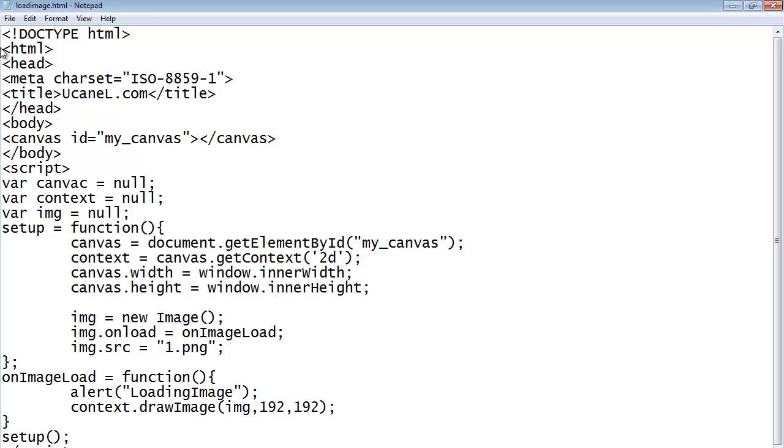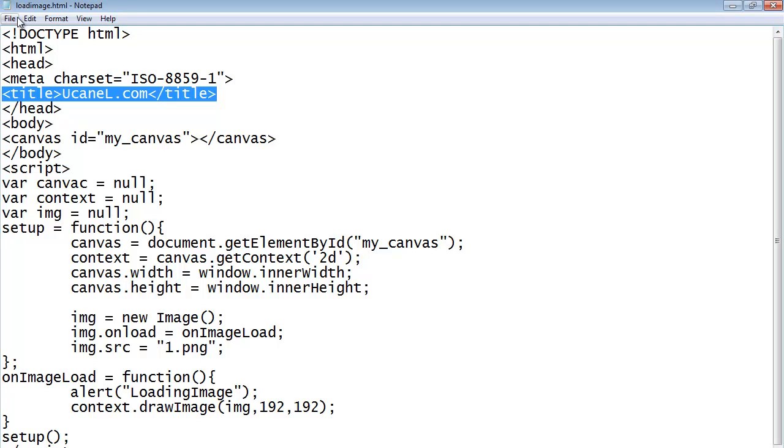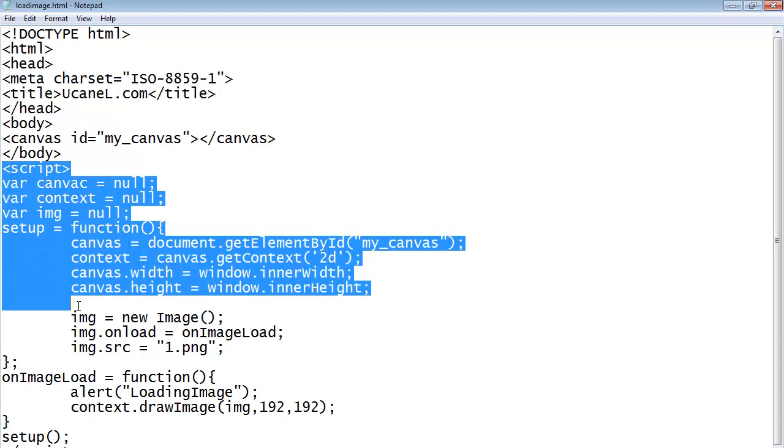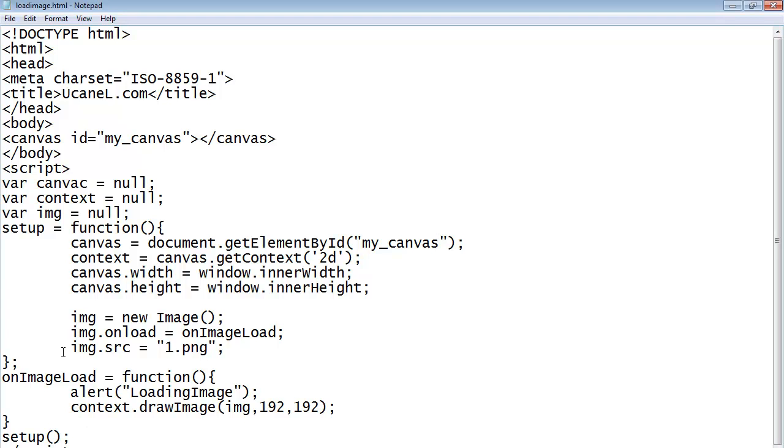You have your HTML tag, inside that you have a head, and inside the head I have written a title. Title is what you render on your browser's top panel. Then the rest is your body and the script. All the JavaScript goes into the script tag. The script tag can be either in the head or in the body. So now we have a canvas object in our HTML body.